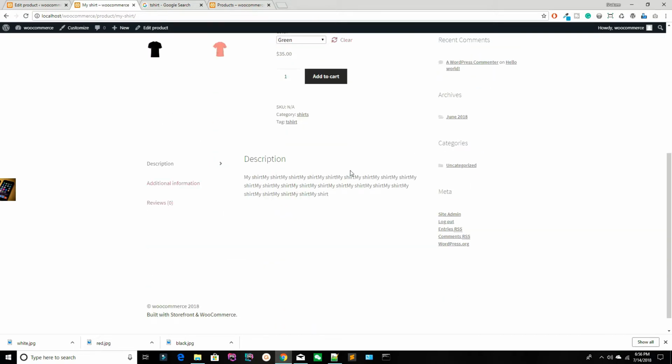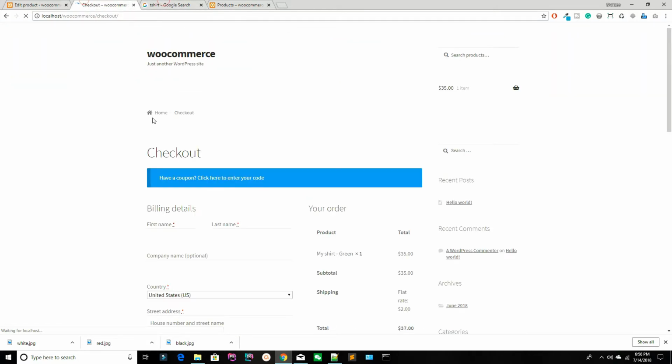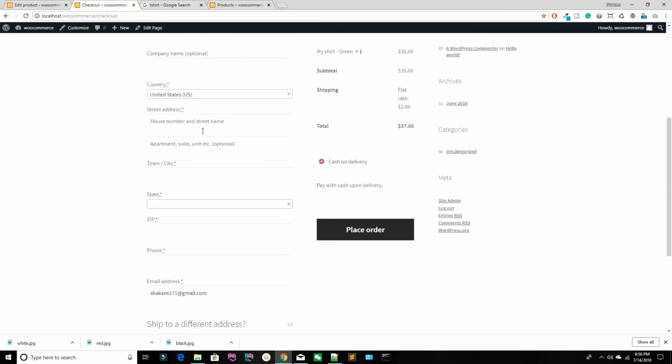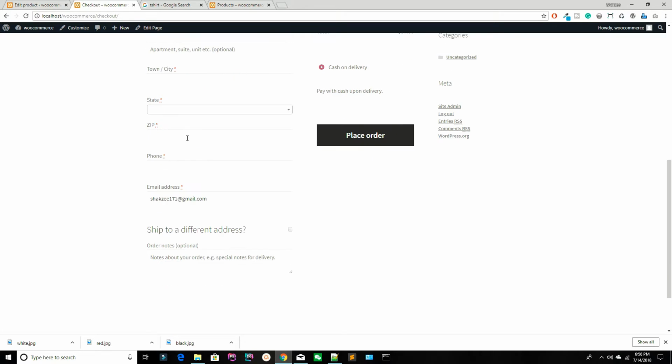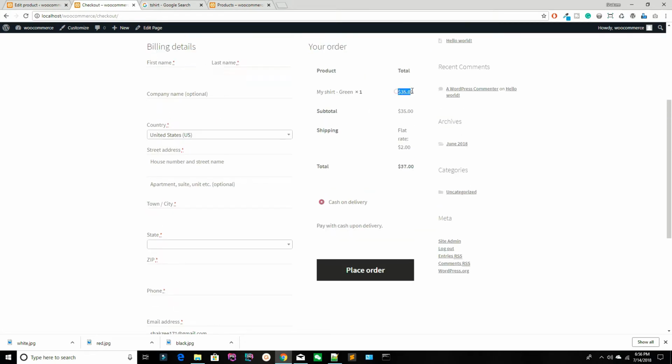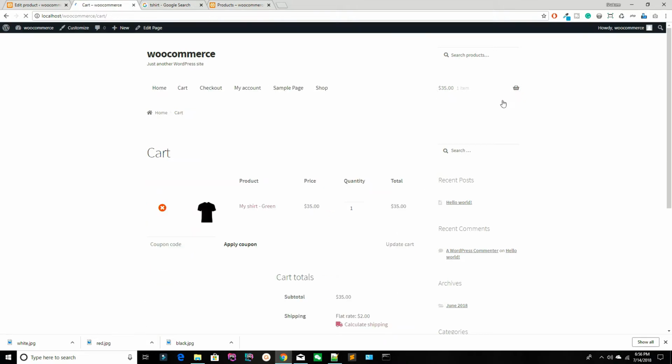And now what you need, just need to check out. So where is the checkout? So here is the checkout. Provide your name and address. So you are selling the $35. Okay, so now, for suppose I'm removing this,